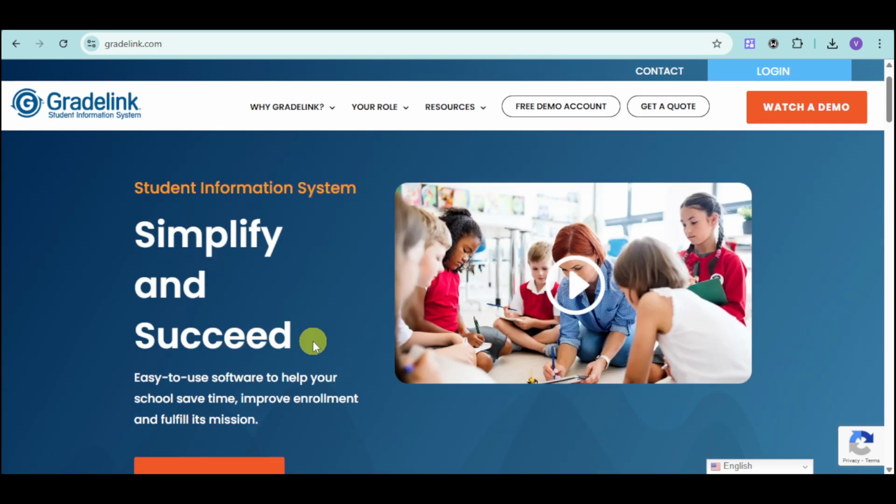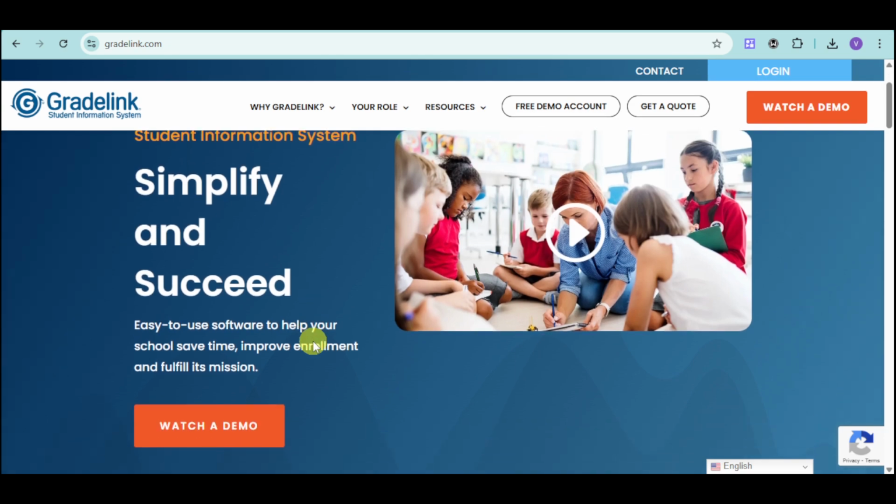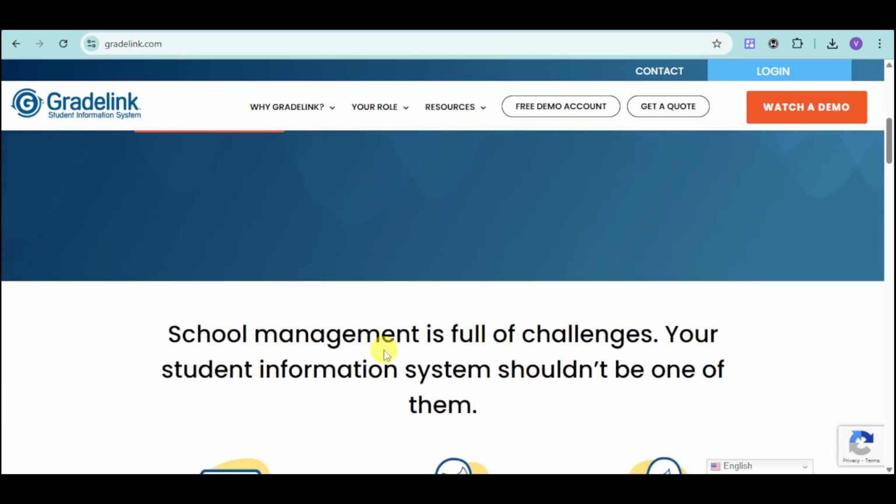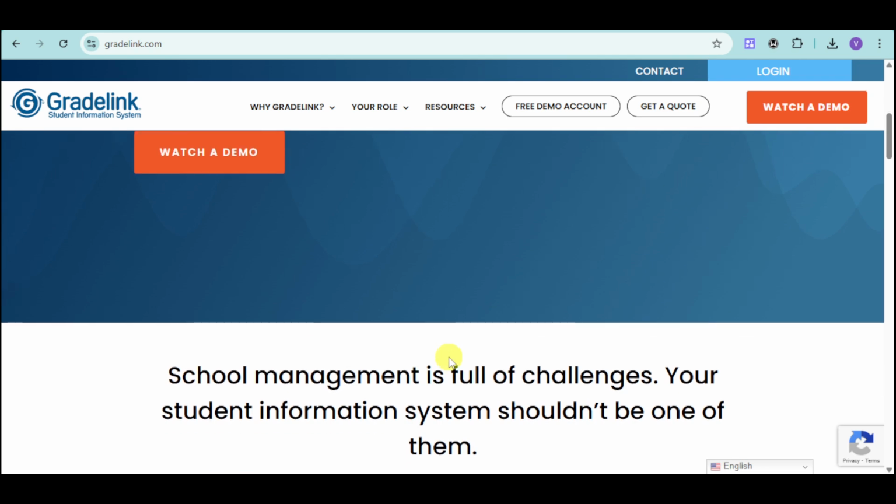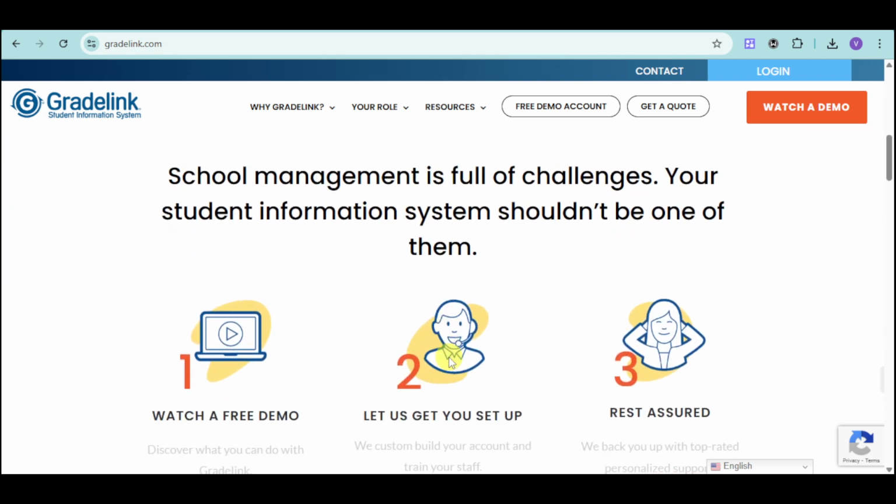Trusted by over 2,000 schools worldwide, Gradelink simplifies these tasks, ranging from enrollment to report cards, all within a single intuitive interface. So, if you are ready to enhance your school's efficiency with a system that's easy to implement, accessible from anywhere, and equipped with robust features, then Gradelink offers seamless integration, real-time updates, and dedicated support to